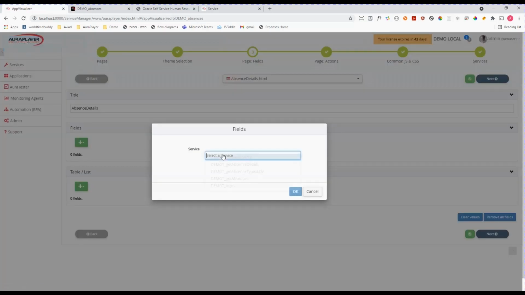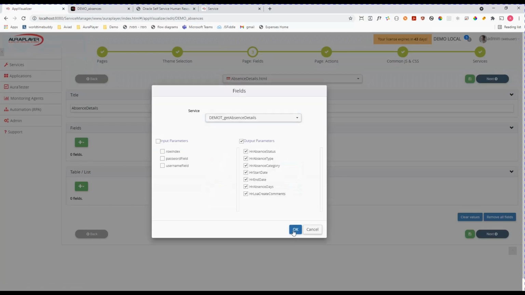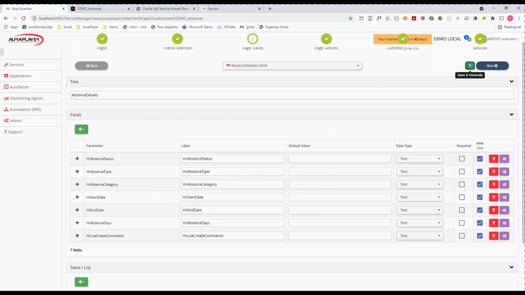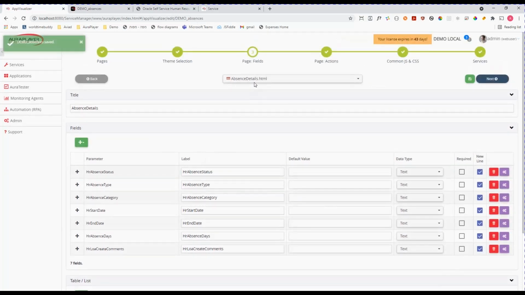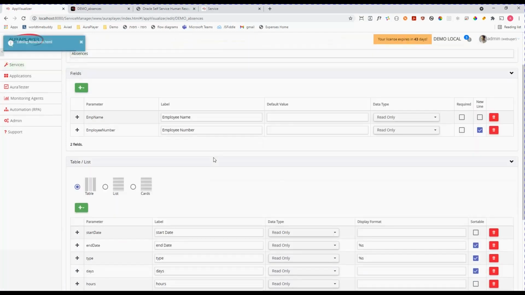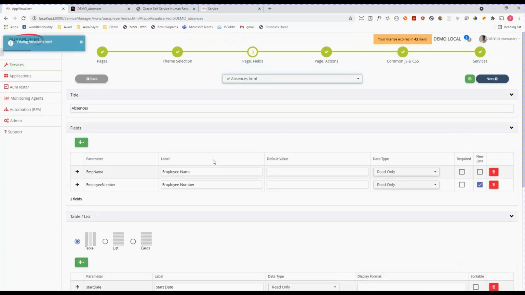I will edit it and add the fields that I want to be displayed. I will take it from the service of the details. Here it is. And here are the fields. Let's keep it in this default format. And now let's go back to the absences page,